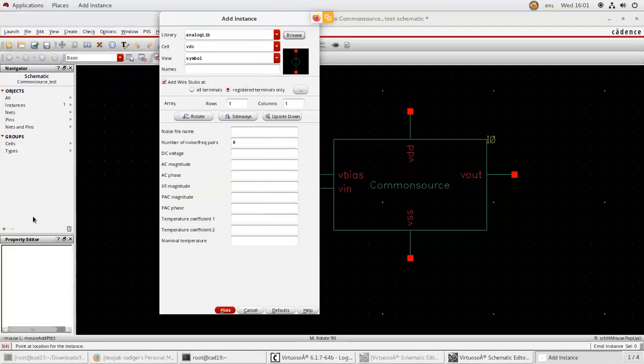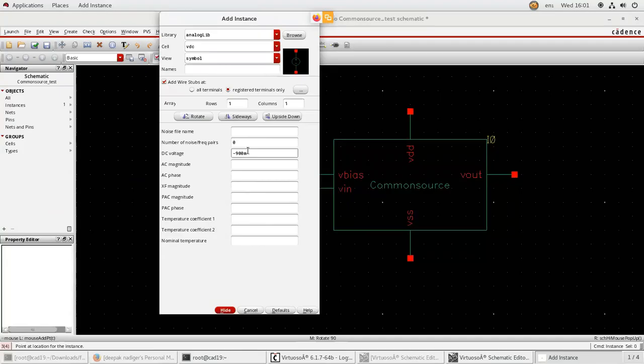Close. After that, you will have this add instance window for VDC. In this add instance window, give DC voltage, whatever DC voltage you want. So here the DC voltage I am applying is minus 900 millivolts, or minus 0.9 volts.